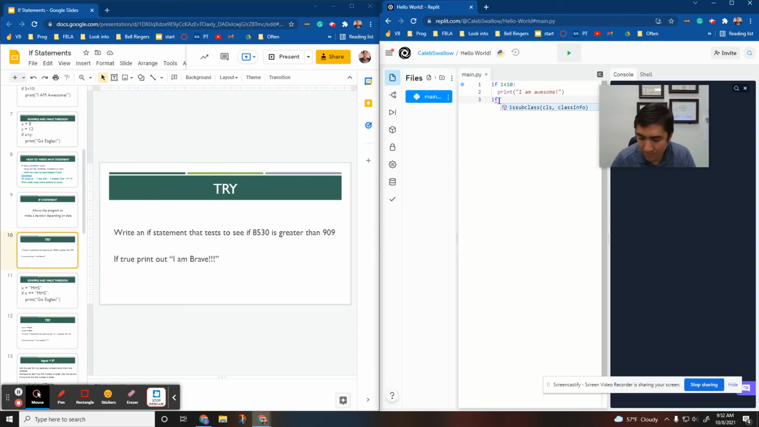Let's see, 85 30, let me just follow along. We're taking this English sentence and translating it into code. If 85 is greater than, don't get your greater than or less than mixed up, it's messed up, is greater than 909, colon, don't forget that colon, enter down, print,